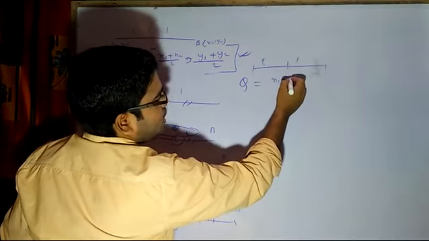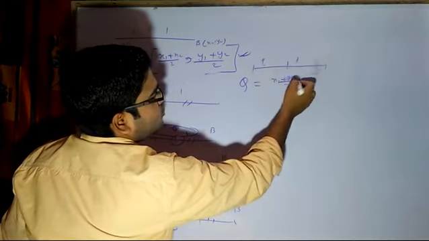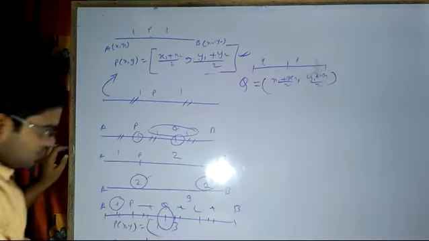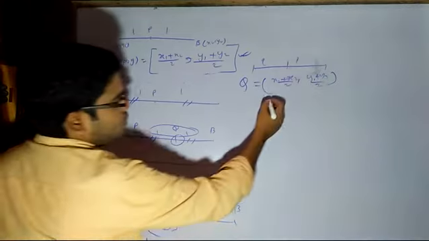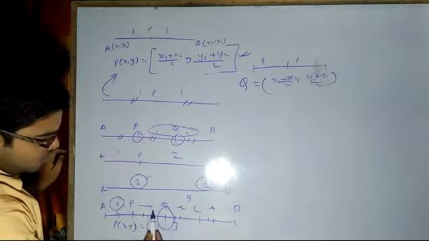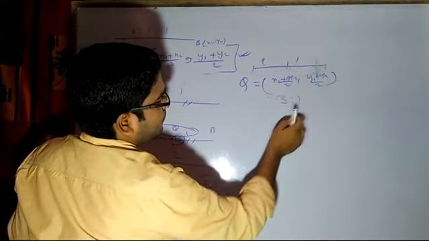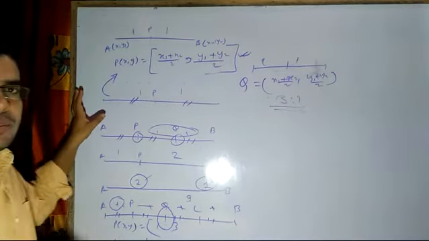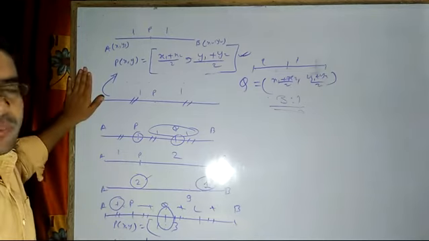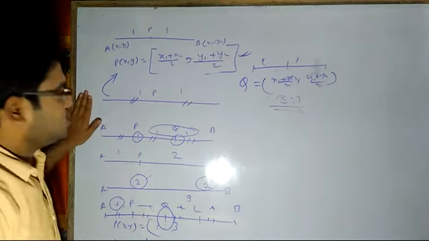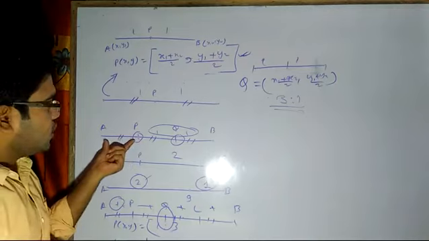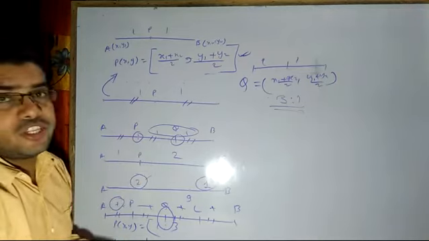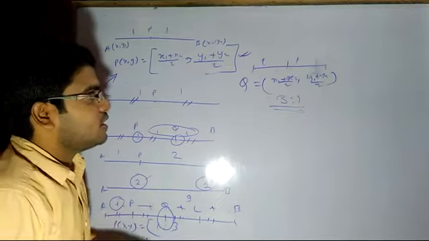So you will be using (x1 plus x2) by 2, (y1 plus y2) by 2. Similarly, for L you will be using 1, 2, 3, the 3:1 ratio. So this is the meaning. I have discussed this here because it is already given. These types of questions are given in your exercise. That is why I told you that you have to see in which ratio that particular point is dividing the line segment.